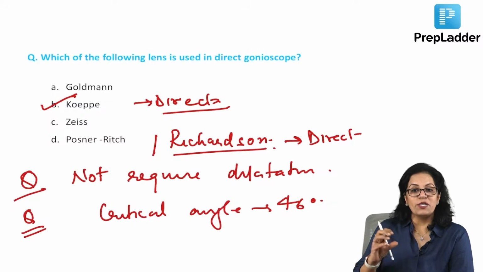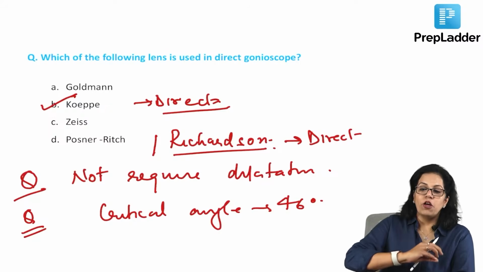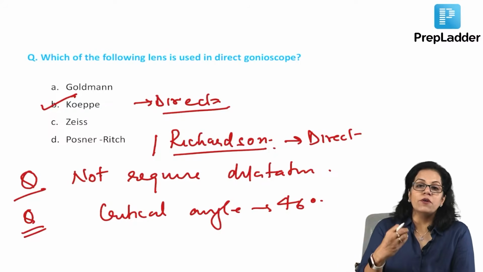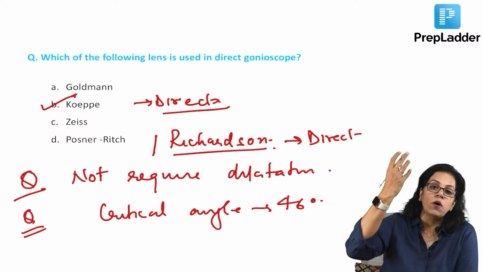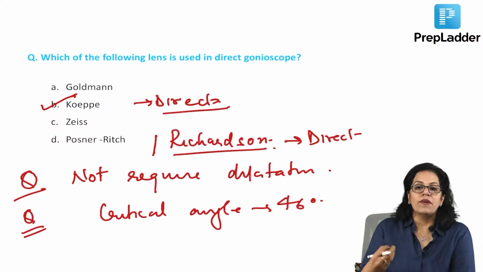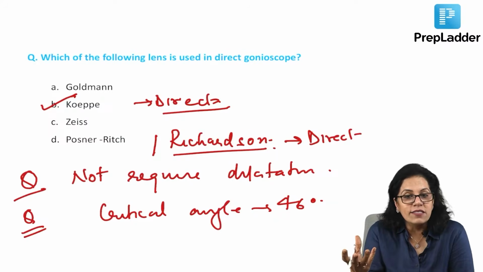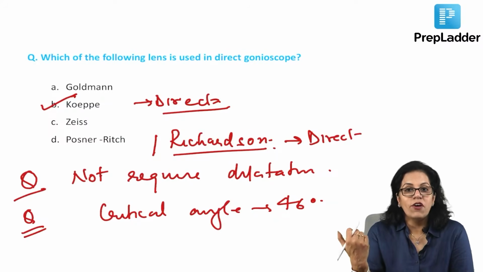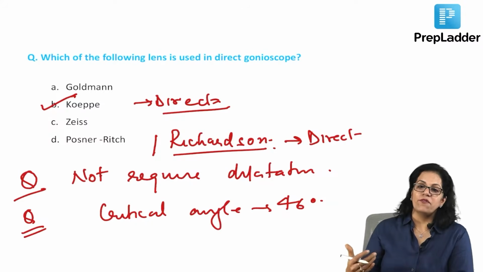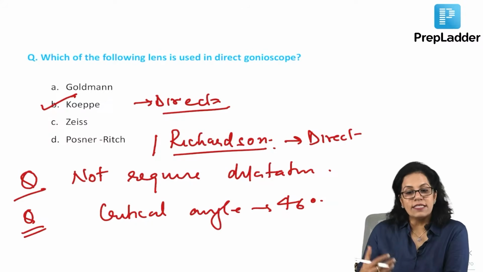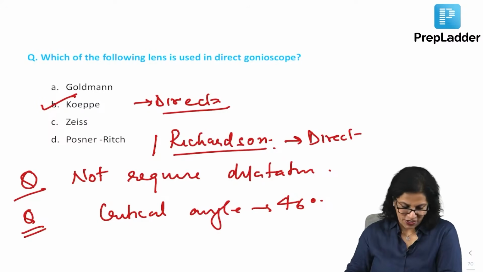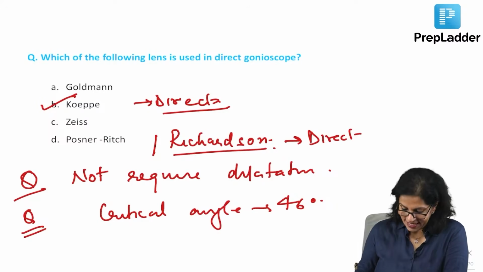Another thing they have asked you is how the gonio lens is working. I hope you know the principle. I have explained it so many times. Normally, there is total internal reflection. You can't see the angle structures. But when you put a gonio lens, you have made the outer part more dense, because the refractive index of the gonio lens is more than that of air. Therefore, there is no internal reflection, and you are able to see the structures. So, this is the principle of using a gonio lens and how we are able to visualize the structures. Is that clear? Okay.